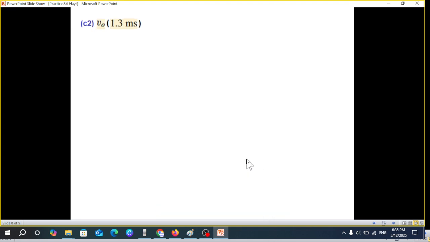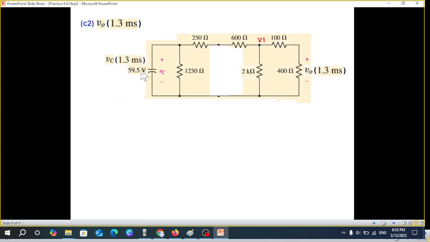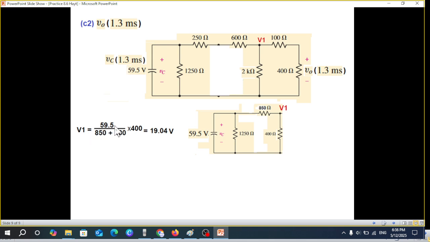So this done, and the last part is again VO at 1.3. The easiest way is to find it, as we already know this voltage to be 59.5 from here. From previous slide we calculated this. So we'll use this as a source to find this voltage here. Technique remains same. This and this parallel 400, these two added. We need to find V1 from this circuit. 59.5 is applicable here and also applicable to this part. So V1 will be 59.5 divided by these two multiplied by 400,